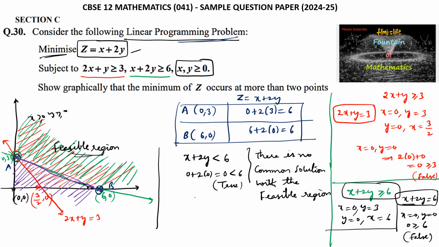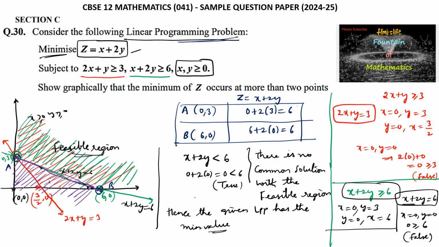Since we got no common solution, we can say that the given LPP has the minimum value. Since it gives two values the same, 6 and 6, we can also observe that any point on this line joining the points A and B, that is on the equation x plus 2y is equal to 6,